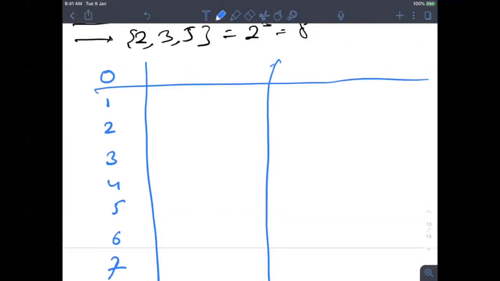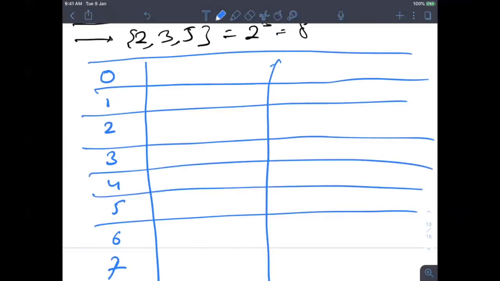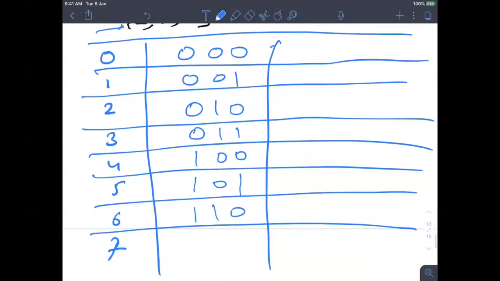So 0 is 0, written in the form of 3 digits because there are 3 numbers. 1 is 0, 0, 1. 2 is 0, 1, 0. 3 is 0, 1, 1. 4 is 1, 0, 0. 5 is 1, 0, 1. 6 is 1, 1, 0. And 7 is 1, 1, 1.